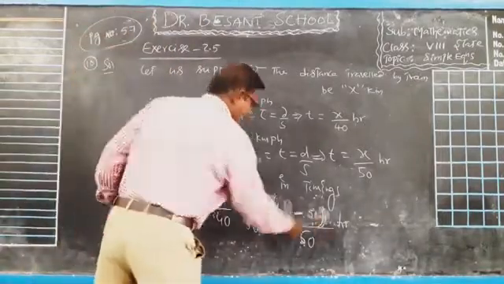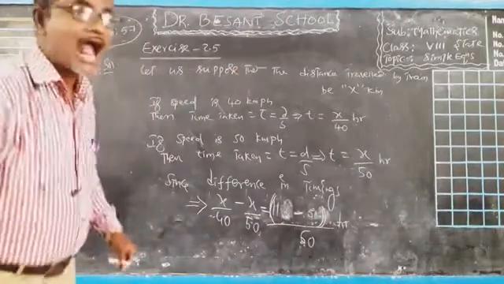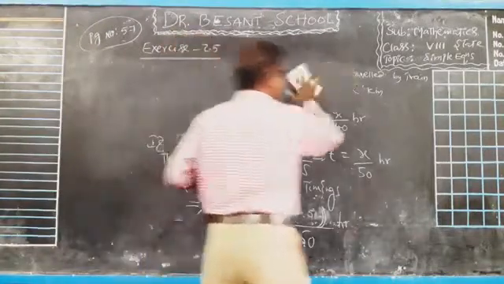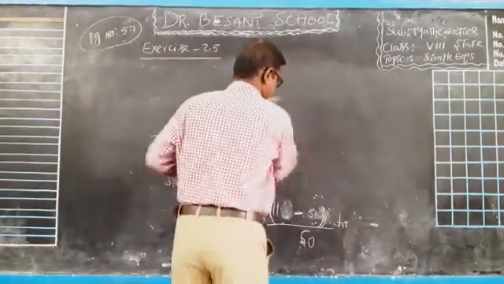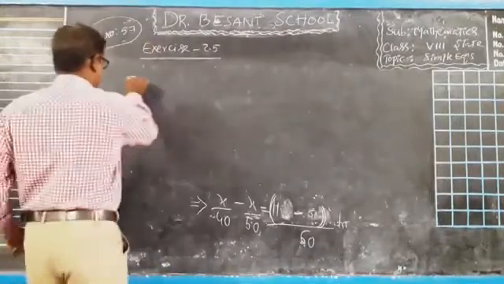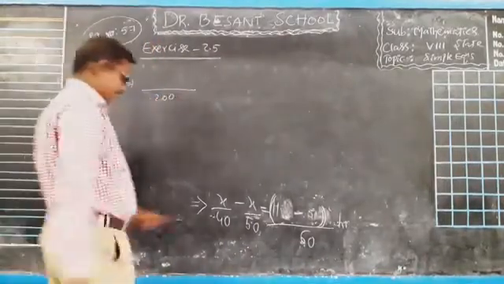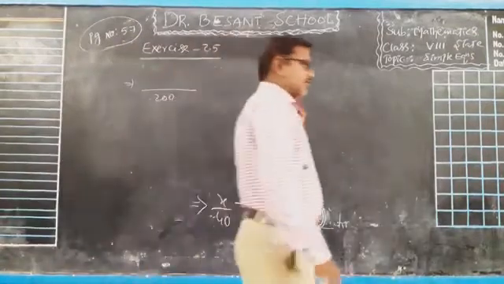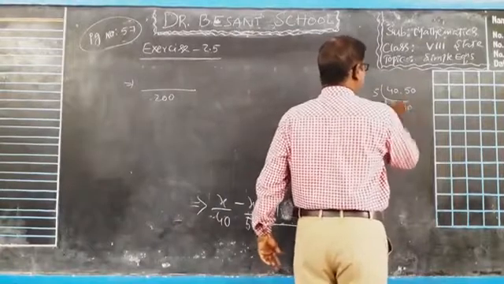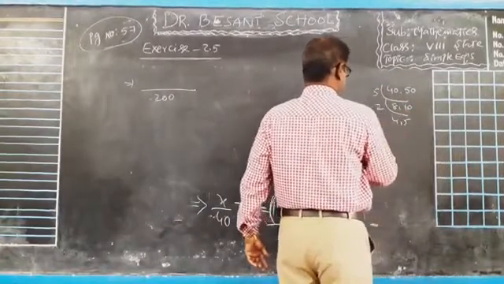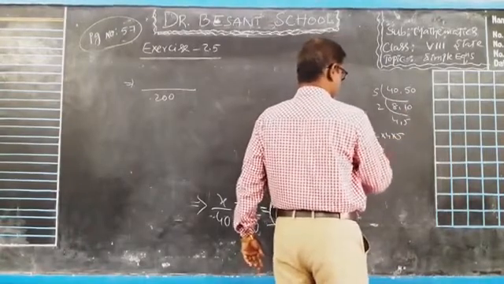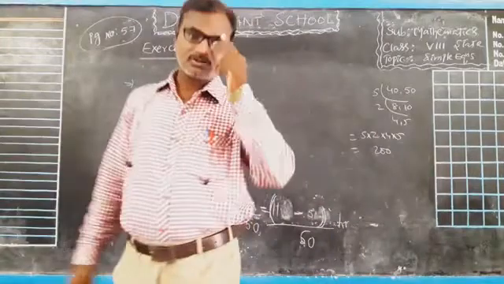So this is a bracket. Can I rub this one, children? Yes. Verify. We have to simplify. The LCM of 40 and 50 is 200. LCM of 40 and 50, what is it, children? 200. Let us see this one: 40, 50; 5 8s are 40, 5 10s are 50, so 5 into 2 into 4 into 5. 5 2s are 10, 10 4s are 40, 40 5s are 200. What is the LCM, children? 200.